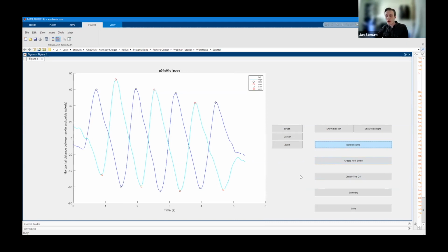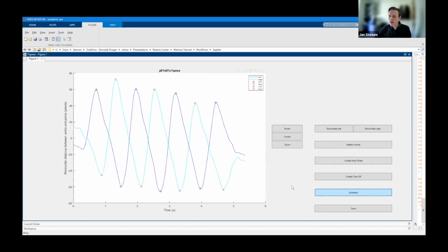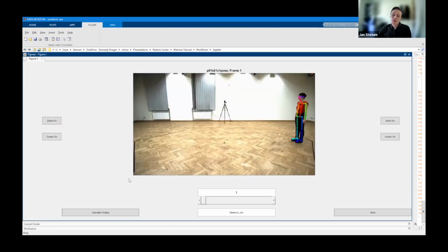If you're working with a long file with a lot of gait events, it can be a little bit tricky to visually pick them out. So in order to aid that, if you click the summary button right here, that will create a plot of the gait cycles overlaid. And it's a little bit easier to pick out if there still are spurious events. What we're looking to see is something like this, where we have this repeating pattern with some level of variability from stride to stride. When we're finished picking out the events, we can go ahead and click Save,